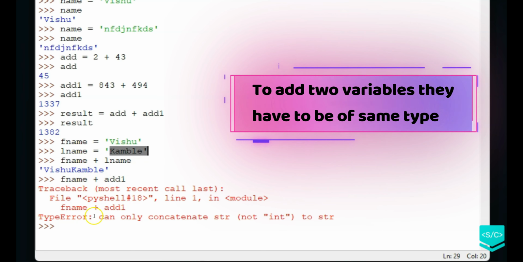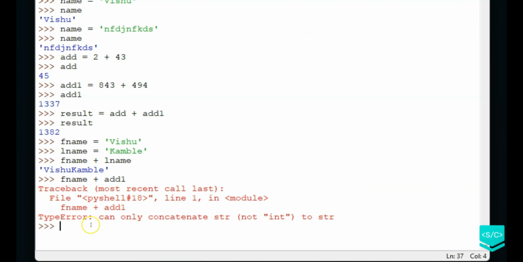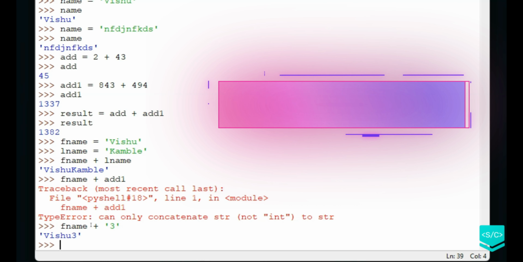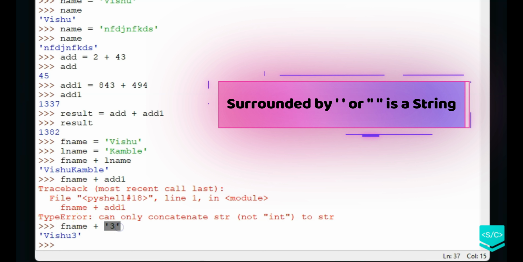It cannot add integers. However, what if I do fname plus and I put 3 in quotes? Will that add it? It actually added it. Now why did it add? Because a 3 inside quotes is not an integer. It is a string. It is very important for you to remember this.